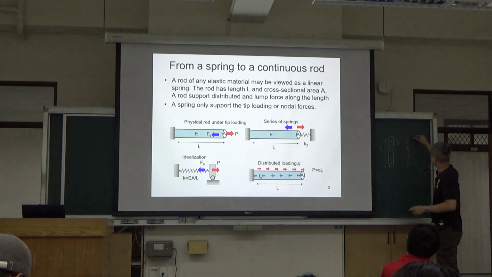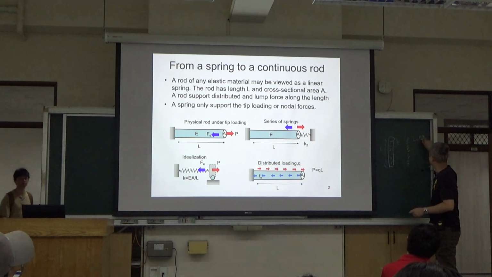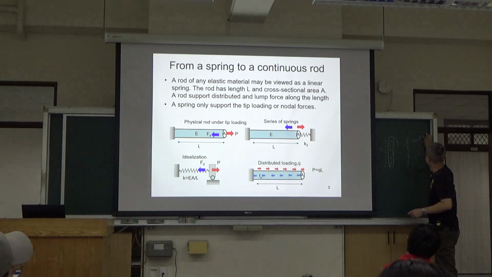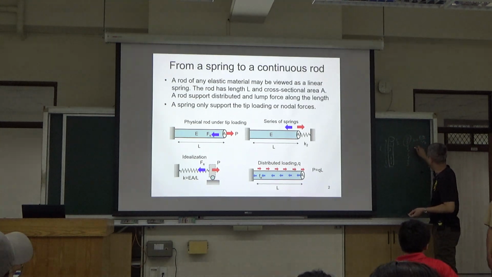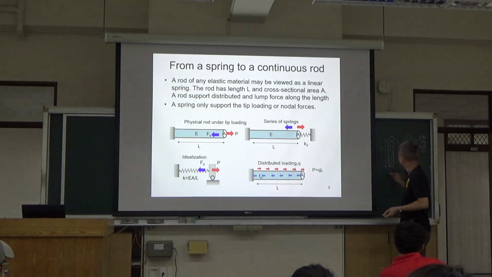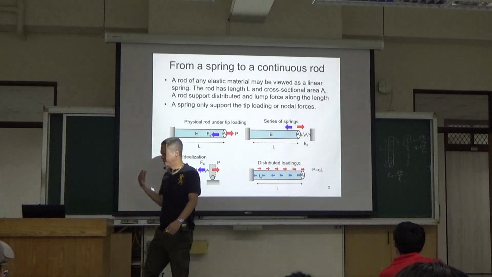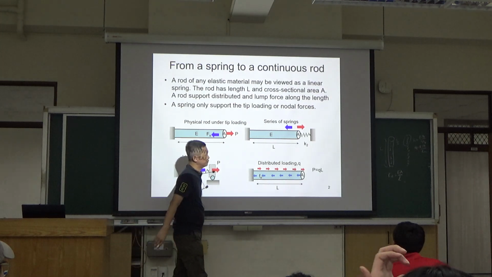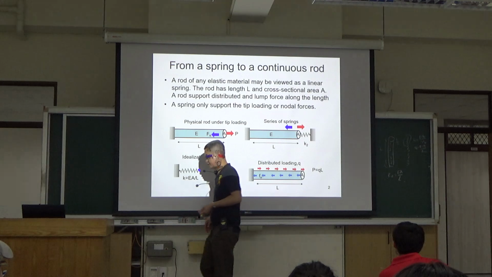So the stiffness here becomes EA over a quarter length. This individual spring constant will become 4 times EA over L, which is 4 times the original EA over L. This can be done by meshing. However, the question remains. In the model,